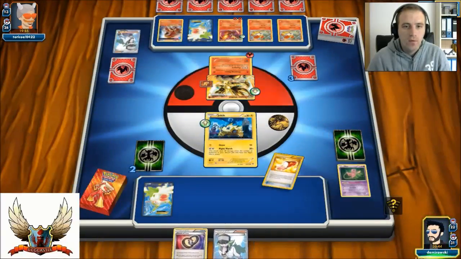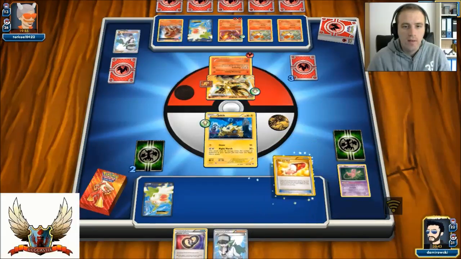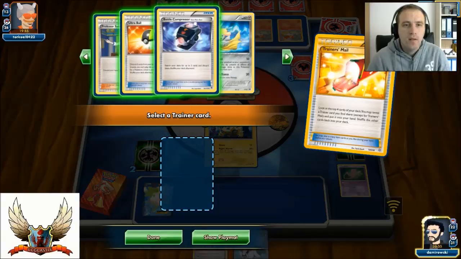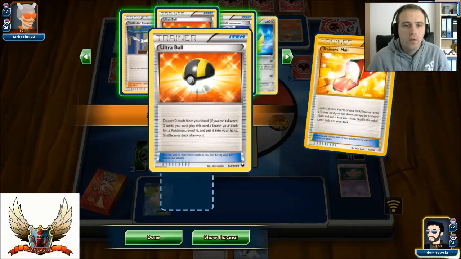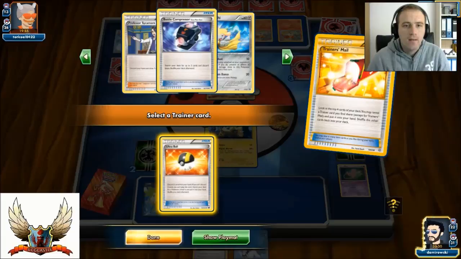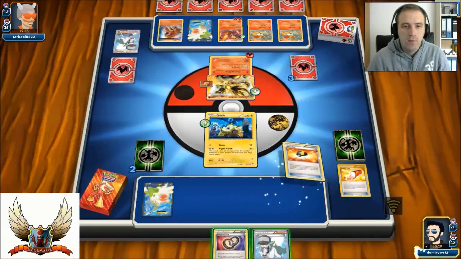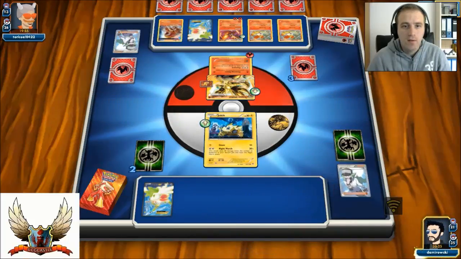So I'm looking for Trainers' Mail. Oh, what a nice top deck. Trainers' Mail for Ultra Ball. I mean, with Ultra Ball, I can go for Shaymin, that's for sure. So that will be 6 cards. But all I really need is VS Seeker and...